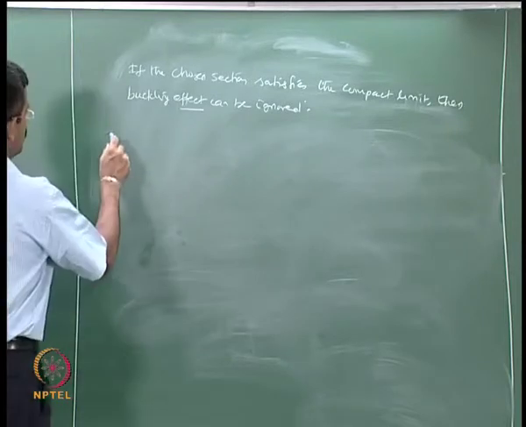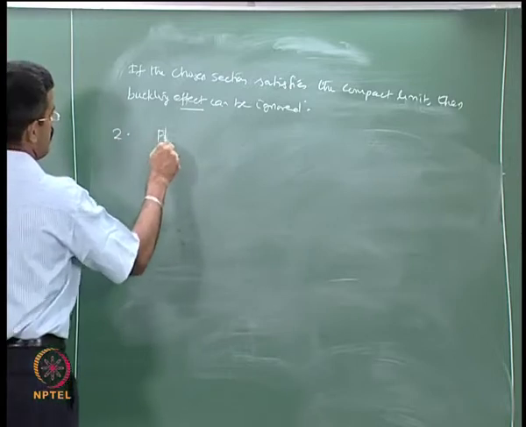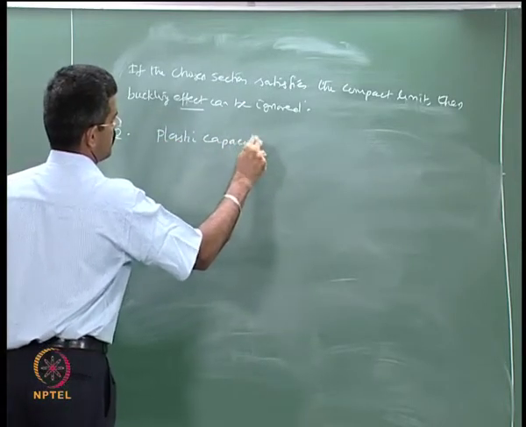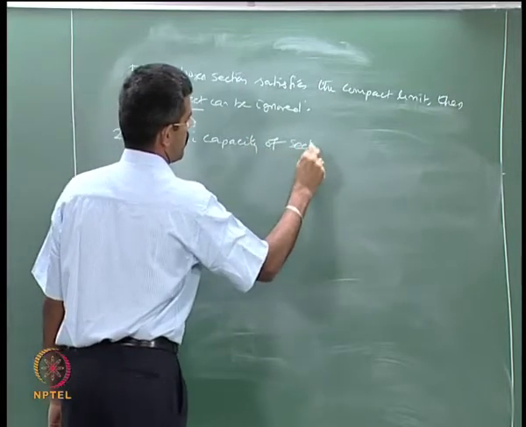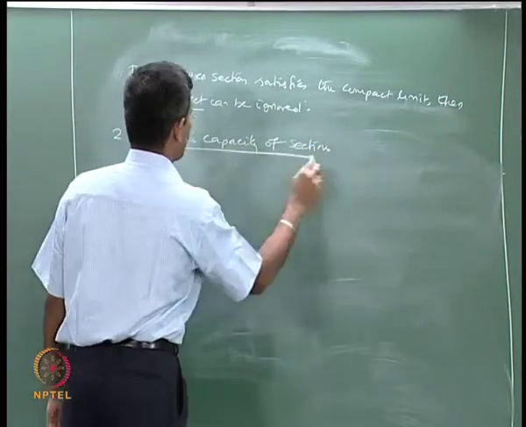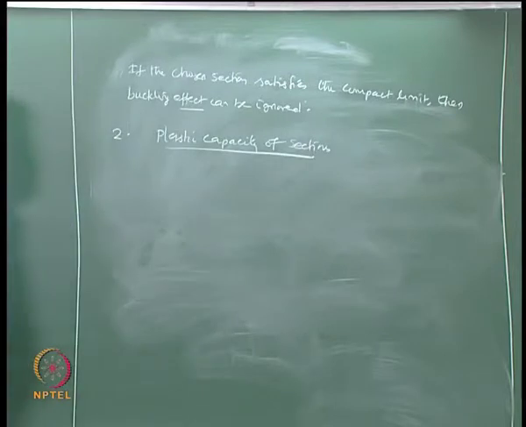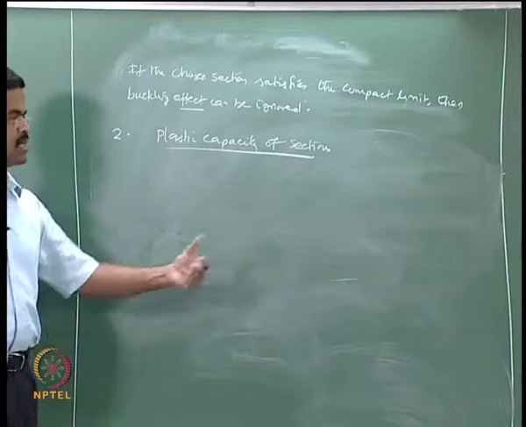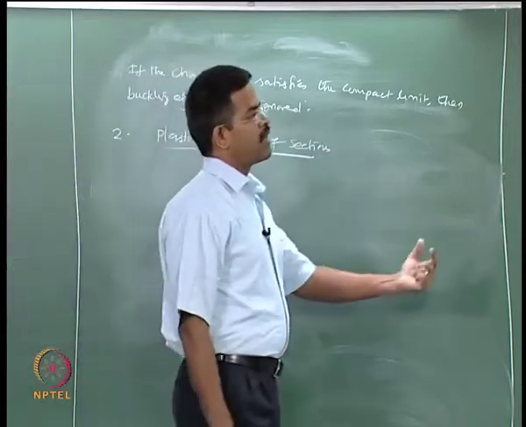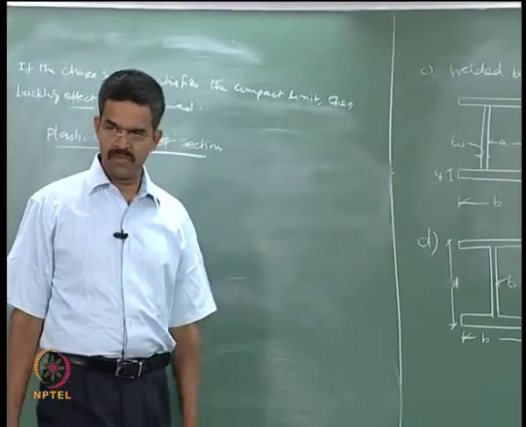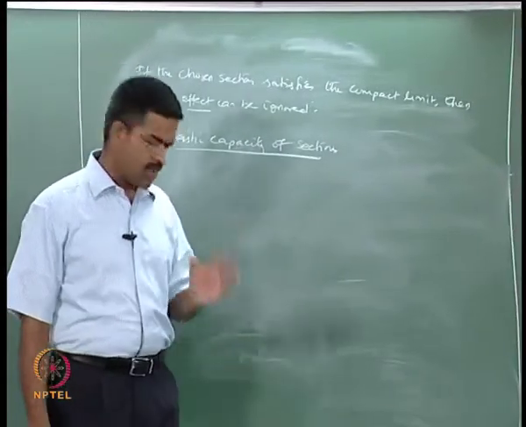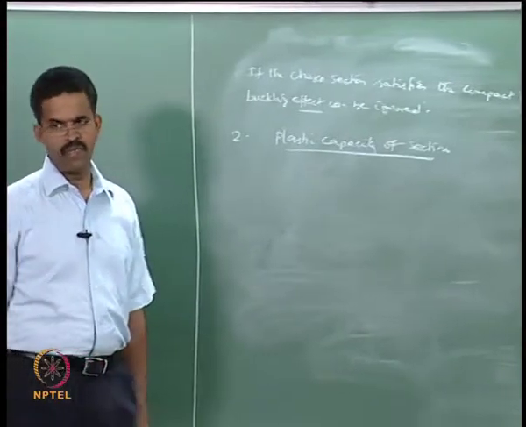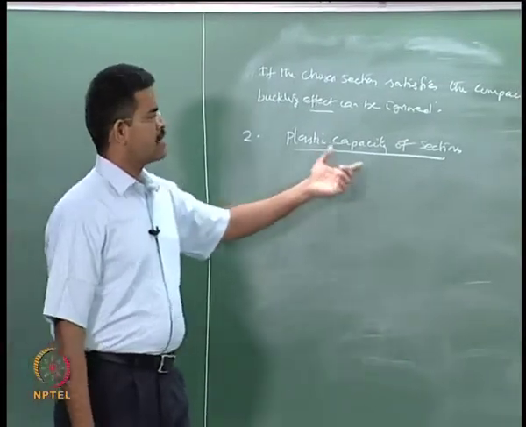Now, let us talk about plastic capacity of sections. So, we spoke about considering the buckling effect of sections. We said establish something called the compact limit in a given section. If it is satisfied, then buckling effect can be ignored. For of course non-compact sections, buckling effect should be considered in the analysis. Talking about plastic capacity of the section,